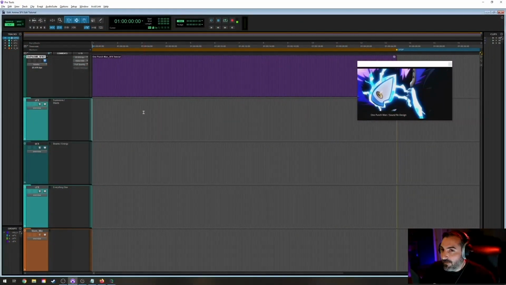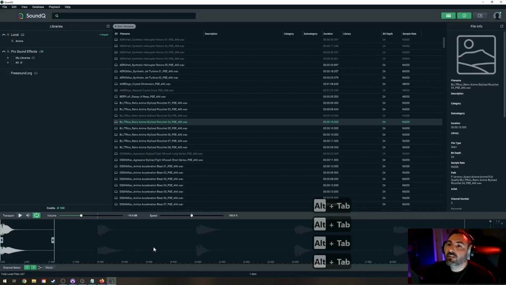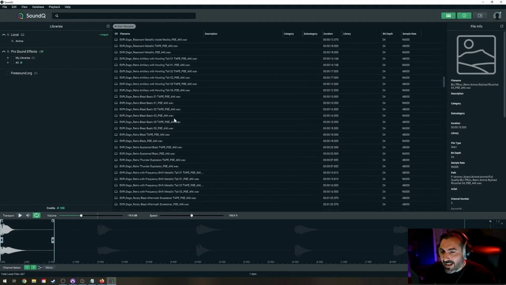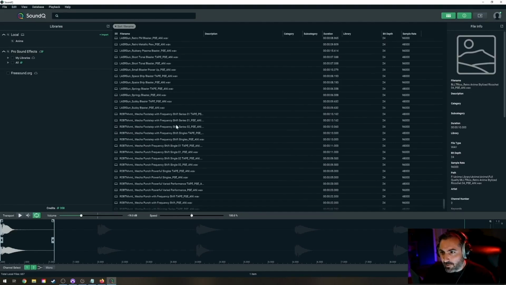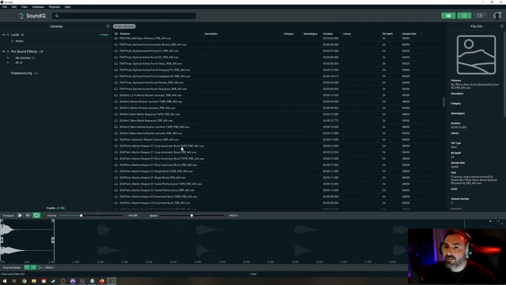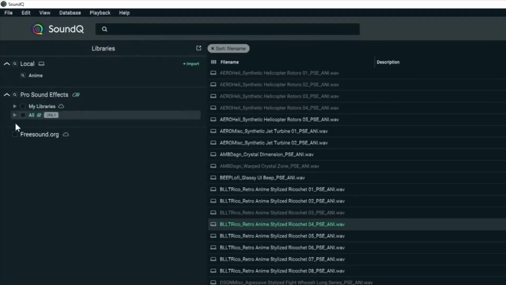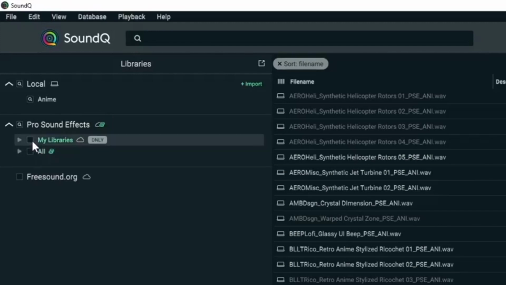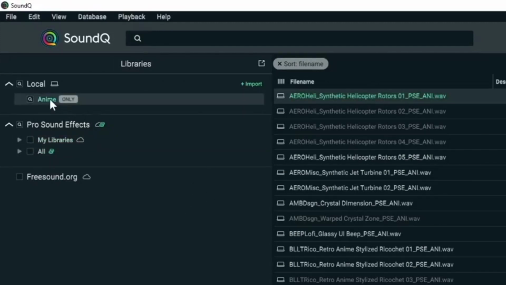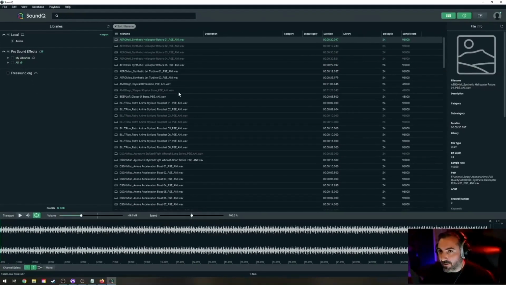Next, I kind of want to get to know the library a little bit. And to do that, we're going to be taking a look inside SoundQ. And I'm Alt-tabbing. I'm on Windows, by the way. Alt-tabbing to get over to SoundQ. And I already have the anime library pulled up here, and SoundQ is just searching that library only. I turned off any other libraries. If you want to focus where your search is looking, you can disable on these little check marks here. So we're only looking at the anime library because I want to kind of make sure everything in this edit